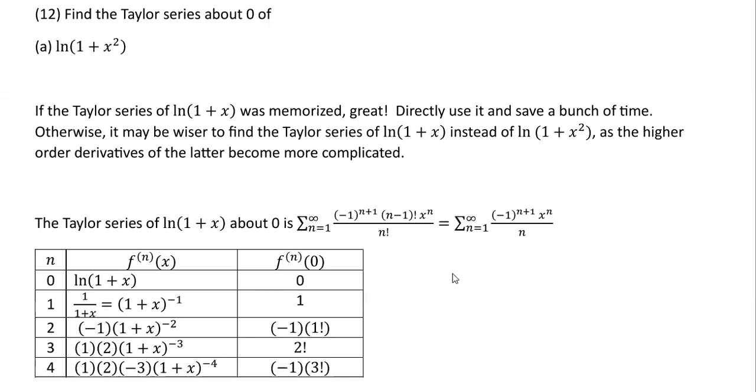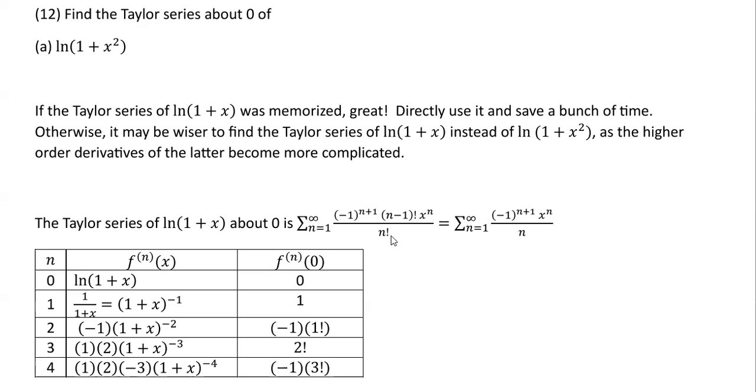So we can write it as, what did I do first over here? Obviously there's a change in sign. And we can start from 1, by the way, because the 0th term is 0. So it's a change in sign, and then it's n minus 1 factorial for the nth derivative at 0. That's the general pattern. Then x to the n over n factorial, that's just from the definition of the Taylor series itself,